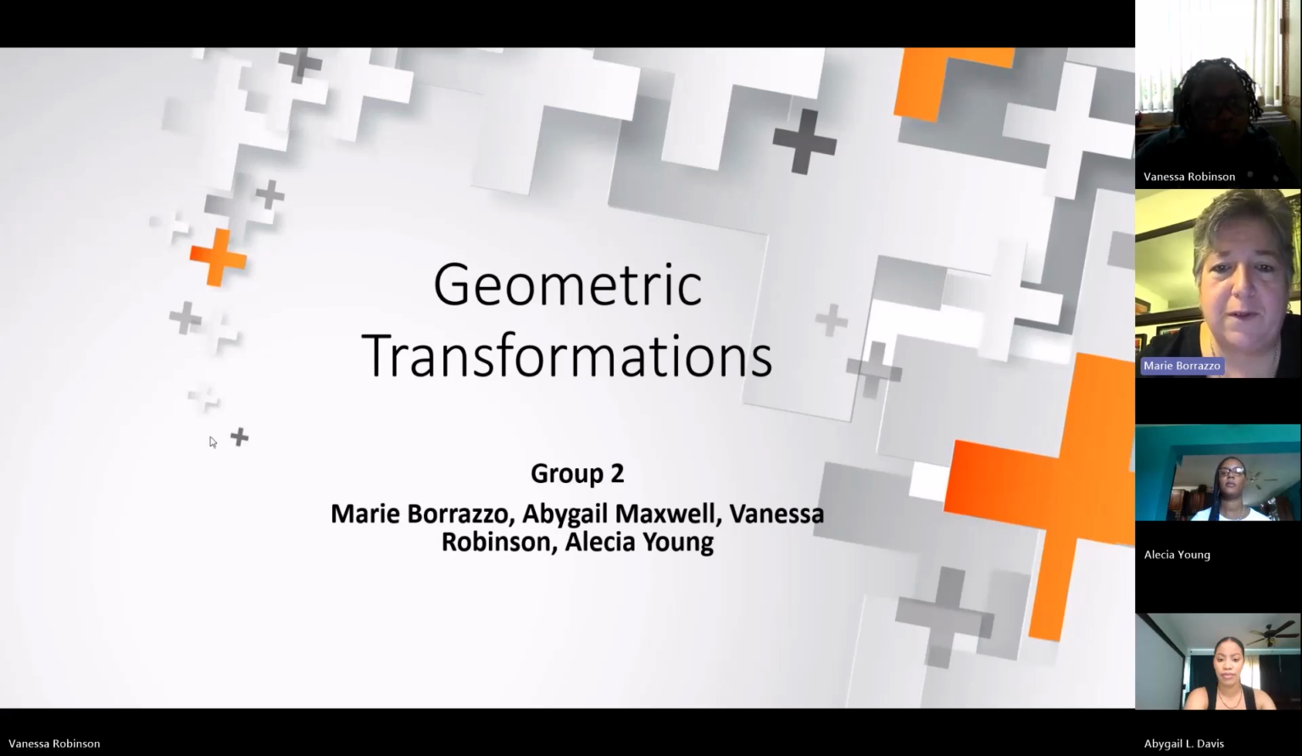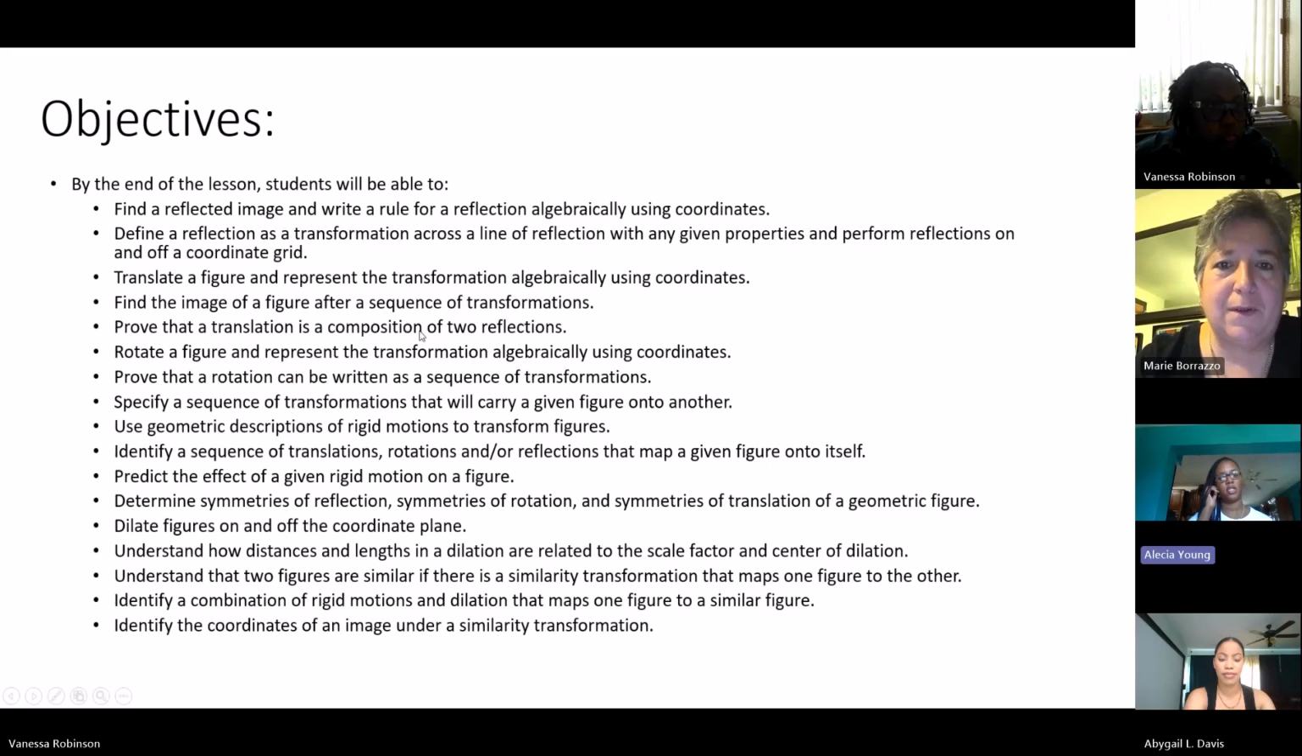We are doing a presentation on geometric transformations. So the objective for this section is, by the end of this lesson, students will be able to find a reflected image and write a rule for reflection algebraically using coordinates, define a reflection as a transformation across a line of reflection with any given properties, and perform reflections on and off a coordinate grid, translate a figure, and represent